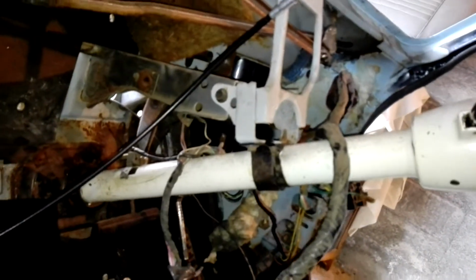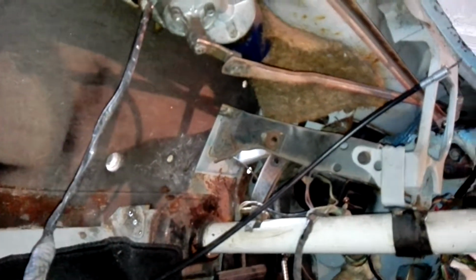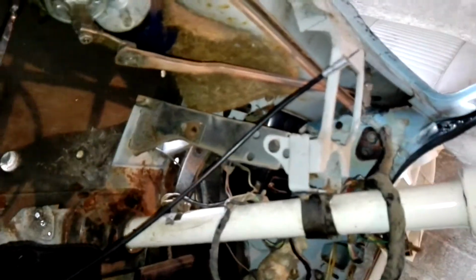Rightio. We'll get back to doing some more work, and now you can see that I'm really getting into it. Really got it pulled apart now. So we can tidy all that up and start getting that all sorted, ready for paint again. And as I said last night, the final thing I want to do before I get right into the very final, especially the engine bays, is get those headers made up and the engine mount kit for it,